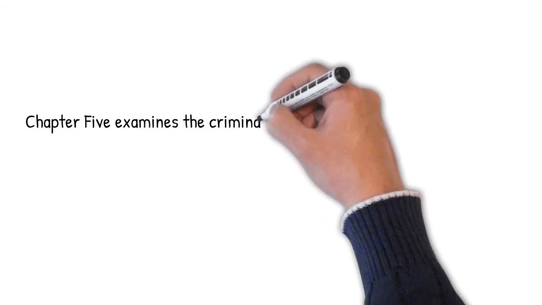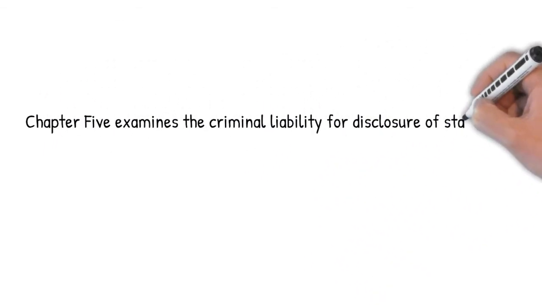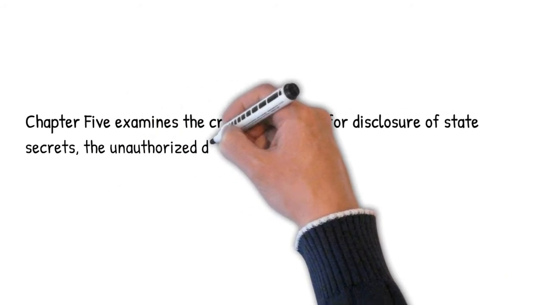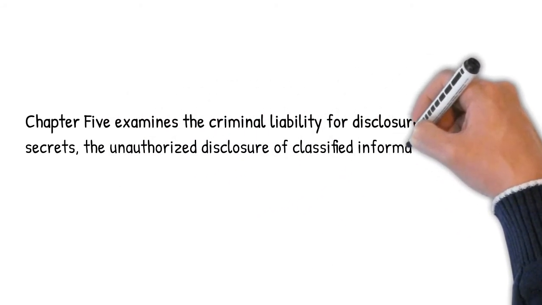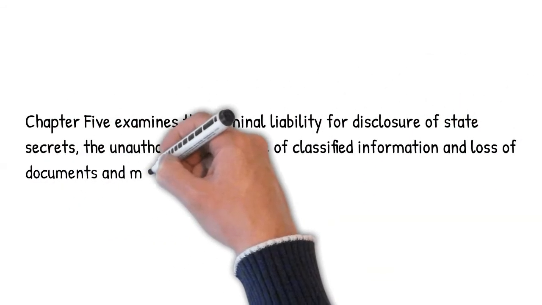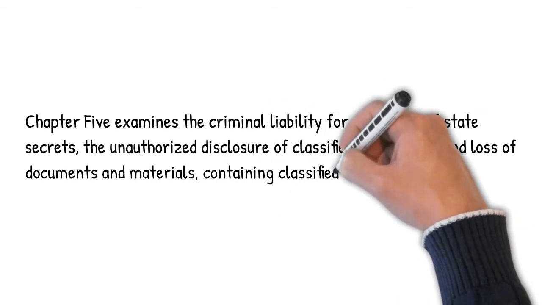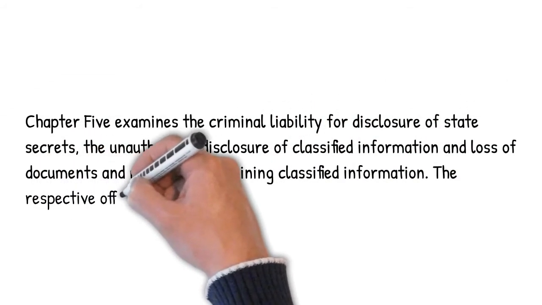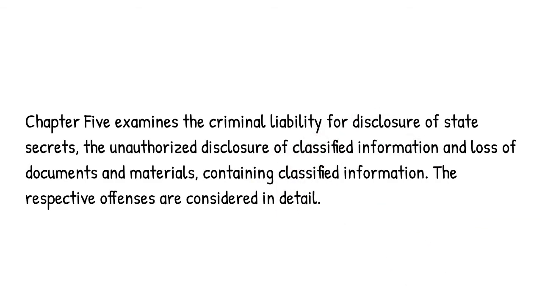Chapter 5 examines the criminal liability for disclosure of state secrets, the unauthorized disclosure of classified information and loss of documents and materials containing classified information. The respective offenses are considered in detail,